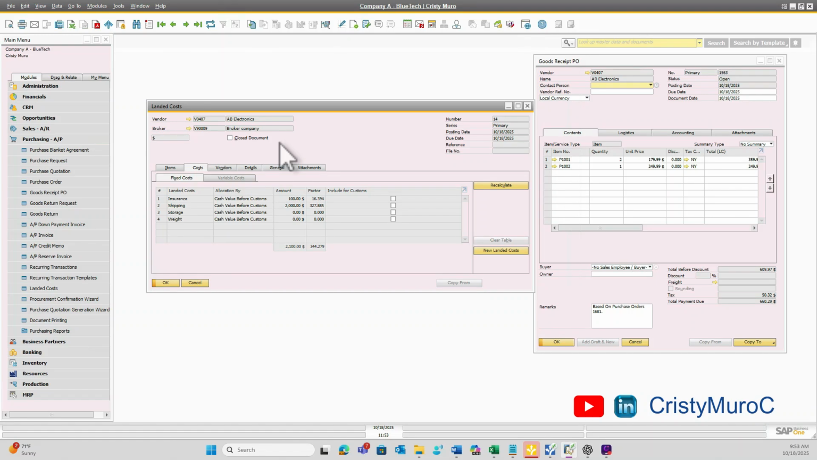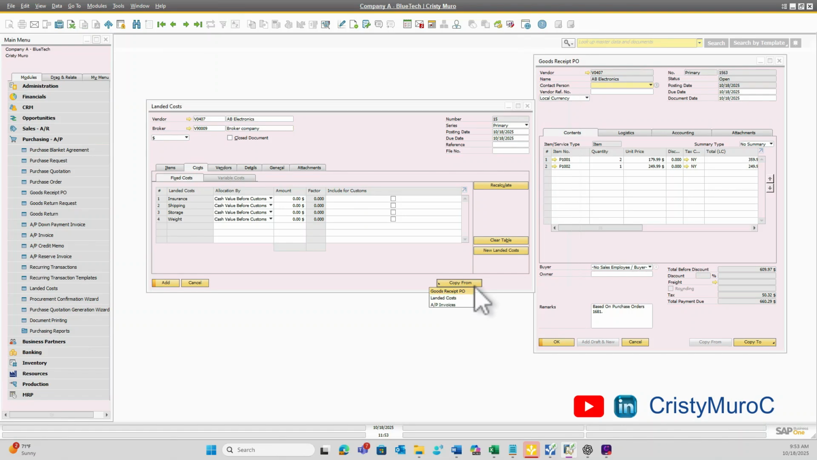So what do I need to do to fix this? You need to do it by creating a new landed cost. As you can see here, we're going to take note of the landed cost that the system created, number 14. Okay, so now I'm going to create a new landed cost. Same thing, I'm going to select my vendor, my broker, and now same thing, I'm going to click on Copy From,